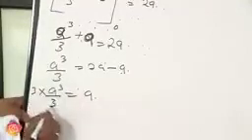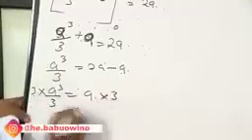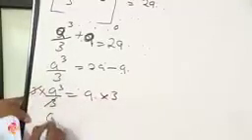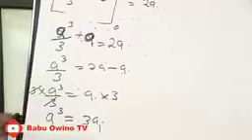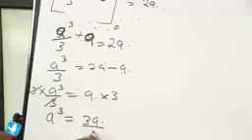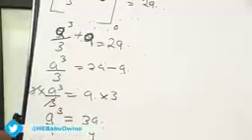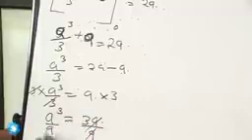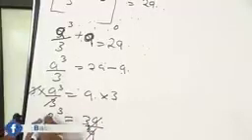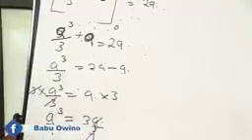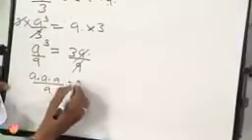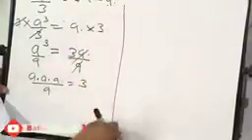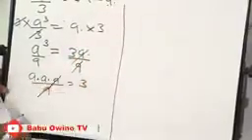Then cross multiply by 3, both sides. This 3 and 3 goes. Then we have a raised to power 3 equals 3a. Then we can further simplify by dividing by a because a is common. So a and a goes. Therefore, a raised to power 3 divided by a, it's like saying a times a times a, divided by a equals 3. So from here, a can cancel 1a. Then you remain with